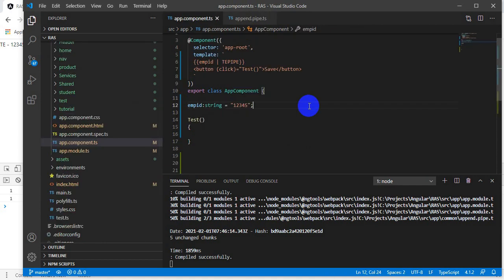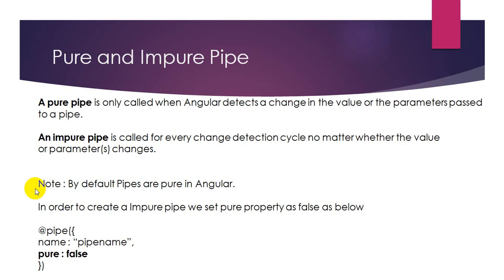So again, let me summarize this. In case of pure pipe, your transform method will execute only and only when the source value gets changed. And in case of impure pipe, the transform method will execute on every change detection. Whenever Angular does a change detection, the transform method of your impure pipe will execute, and it's a performance impact. So what do we need to remember? We need to remember three things: the definition of the pure and impure pipe.